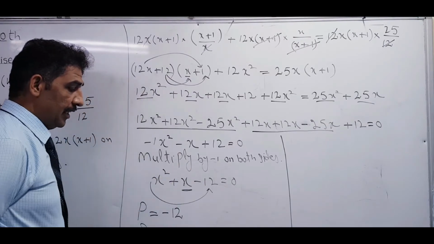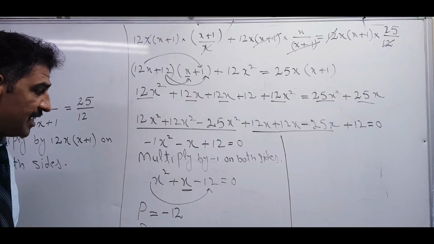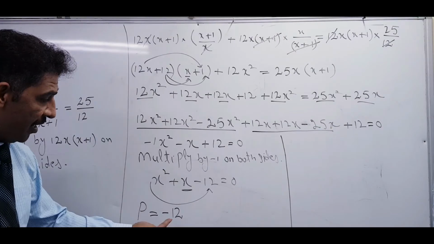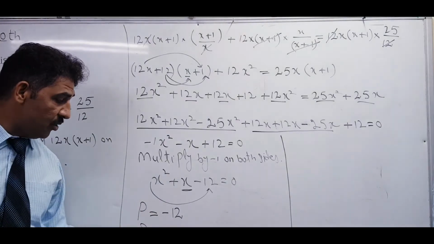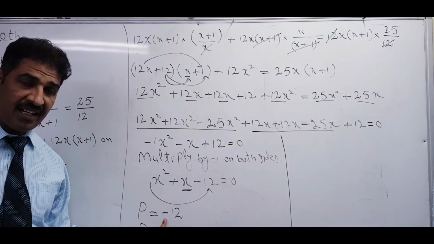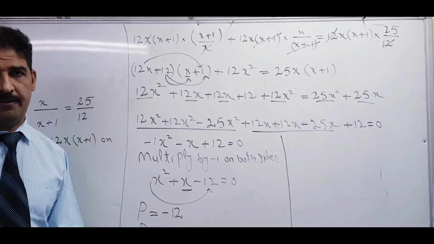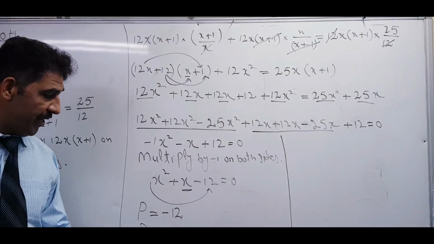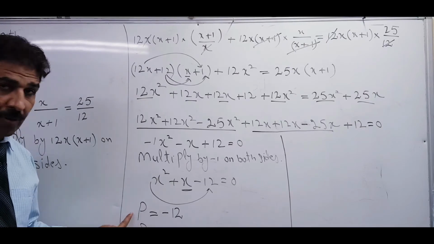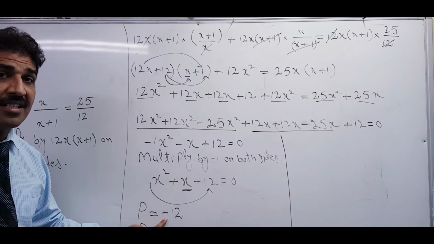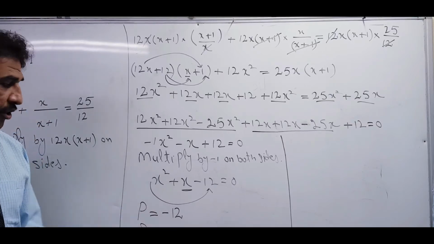That is 1. Now the question is that you have to find out factors whose product is equal to minus 12, but when you subtract, if the negative sign, then s mean for subtract, then answer is equal to 1. Again I repeat that when you multiply, mean product, their product is minus 12, and when you subtract, the answer is equal to 1.